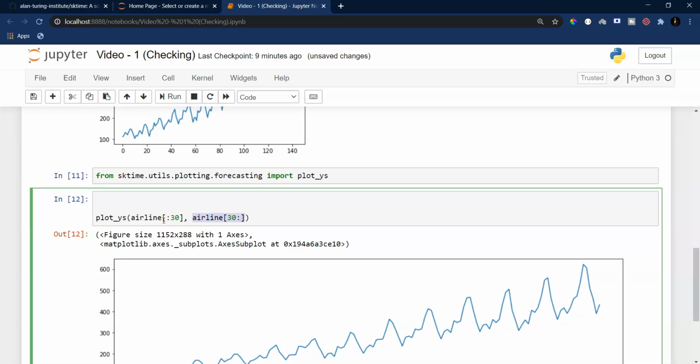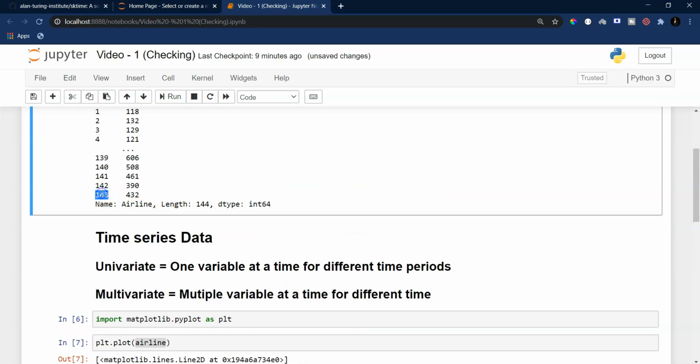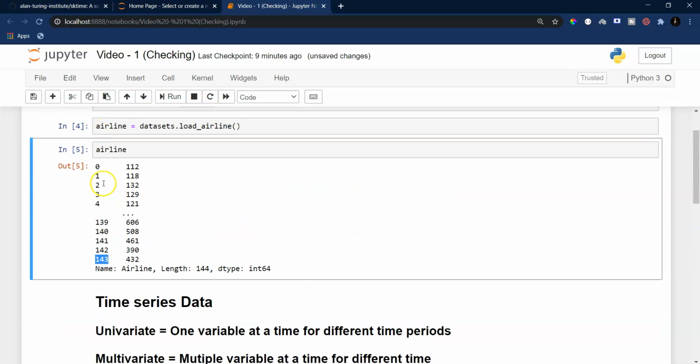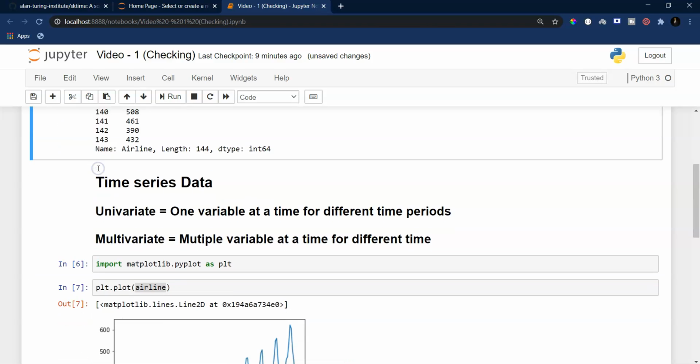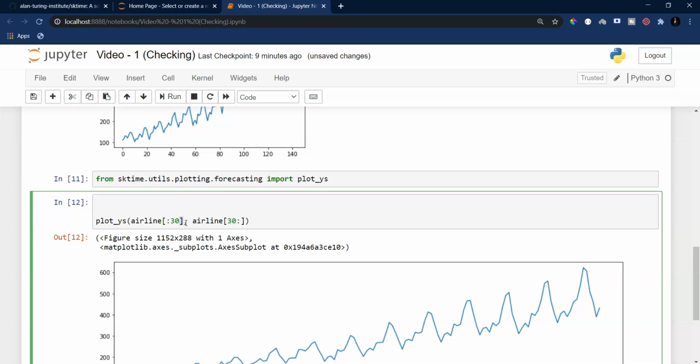Now I am specifying two different time series, although they both belong to the airline variable; I have split the airline into two parts. The first 30 values, and the remaining values, since there were 144 in total, so 30 as one time series and the remaining 114 as the other.